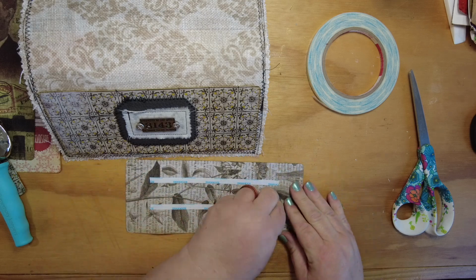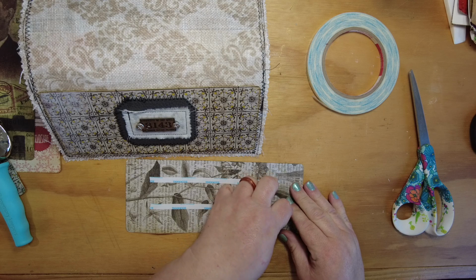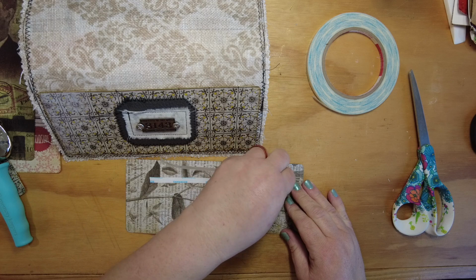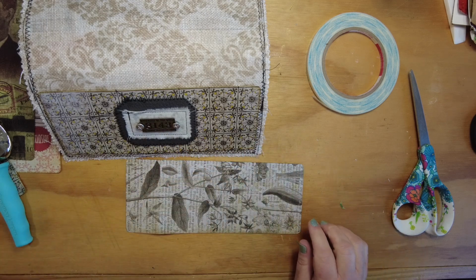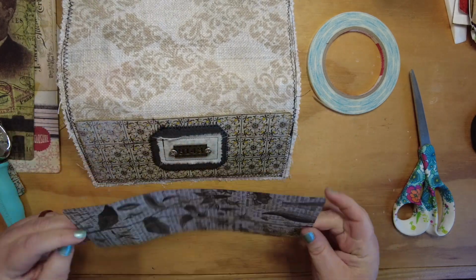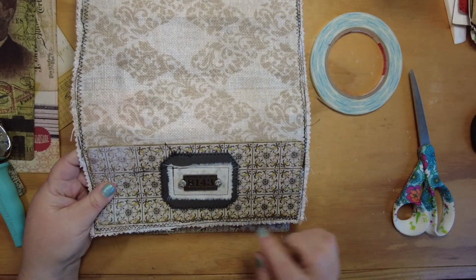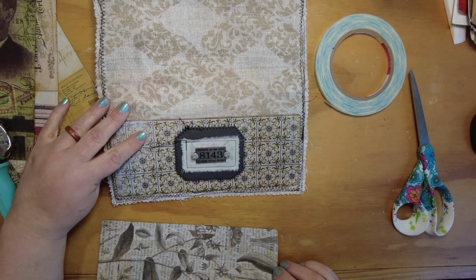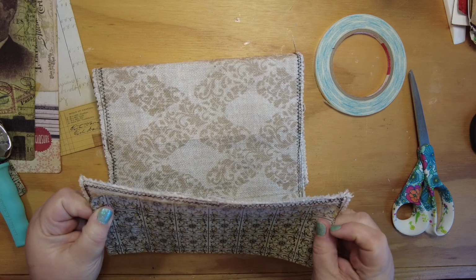You certainly could use some fabric glue at this point and glue this on. You could glue the middle part. You know, just don't put a ton of glue up on the edge because that's where you're going to be sewing. So now I'm going to kind of use my spidey senses as I put this on. I can kind of see how far I am up close to the edge. So I'm going to kind of do that, and